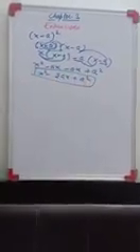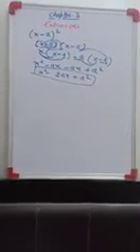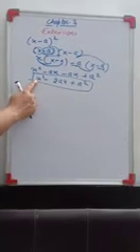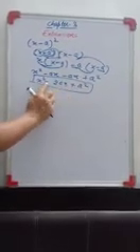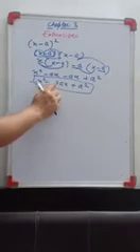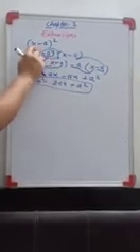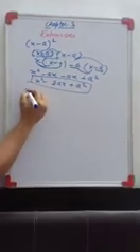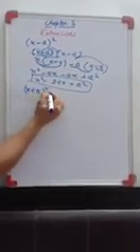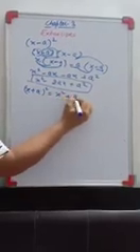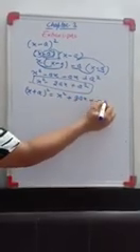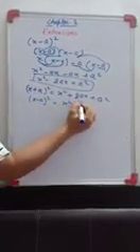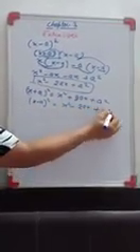That means if you are having the minus term expansion, then what you will do in this case: first you need to calculate the square of the first term, the square of the second term, and then the minus sign with twice the multiplication of the first term and the second term. Only the difference will be the minus sign. That means what I can write: (x plus a) square is how much? x square plus 2ax plus a square, and (x minus a) square will be what? x square minus 2ax plus a square, right?